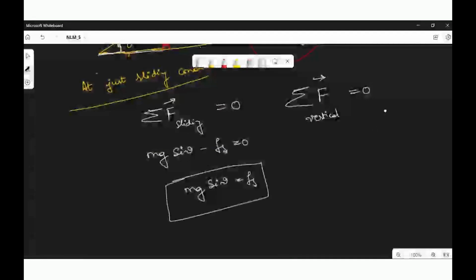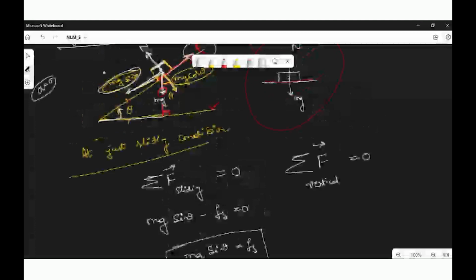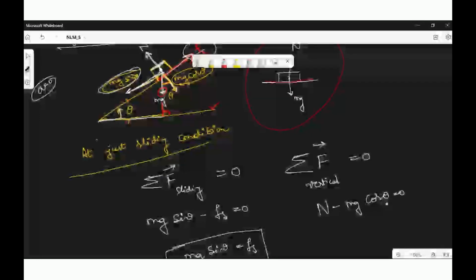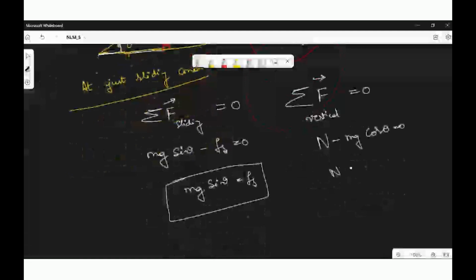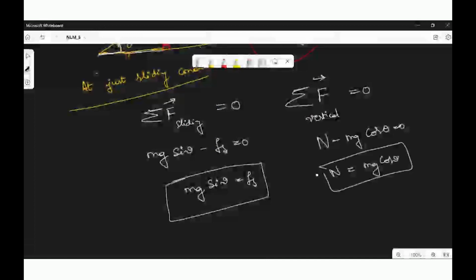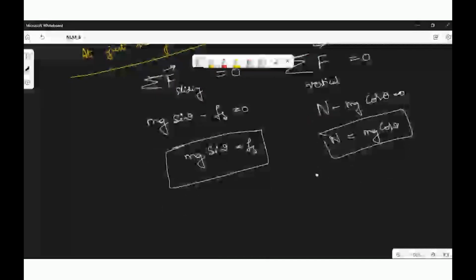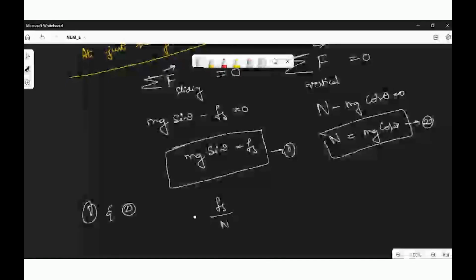And similarly, for the vertical direction, one force is acting upward, one is acting downward, you can write N minus mg cos theta equals 0, or N equals mg cos theta, correct? Yes, ma'am. So now, we know that our static friction is the ratio of Fs by N. So I'll say this is 1, this is 2. Divide 1 by 2. What you will get is Fs by N. But I know this is nothing but equal to mu s,